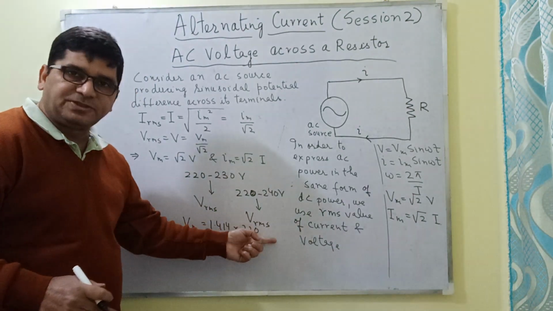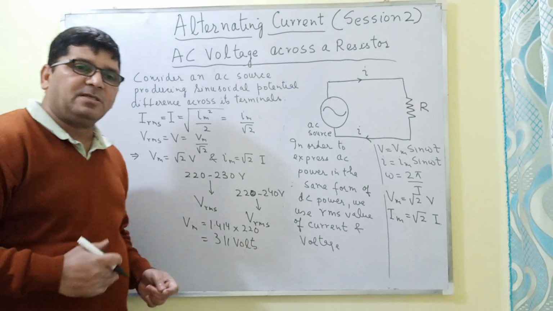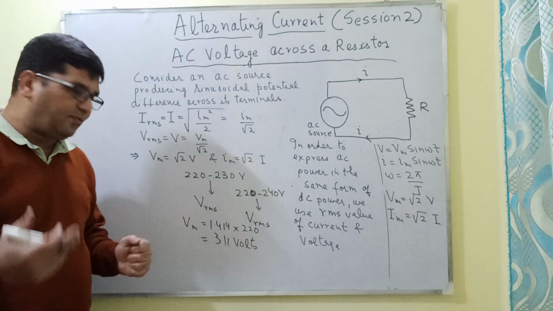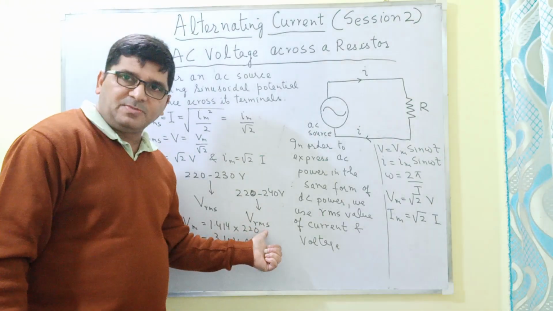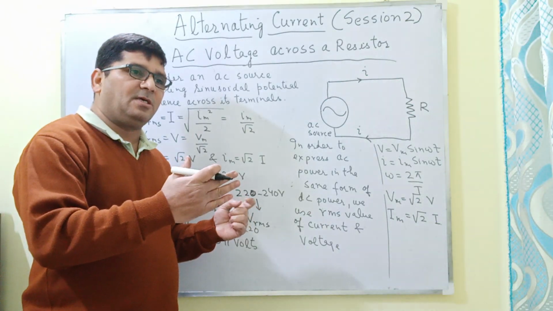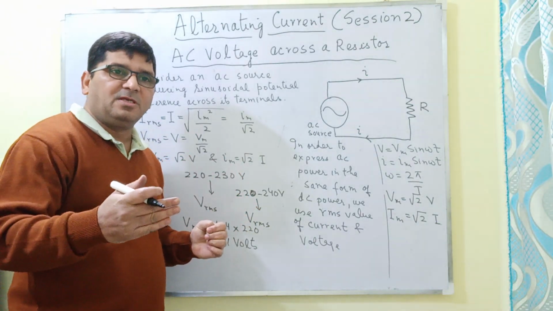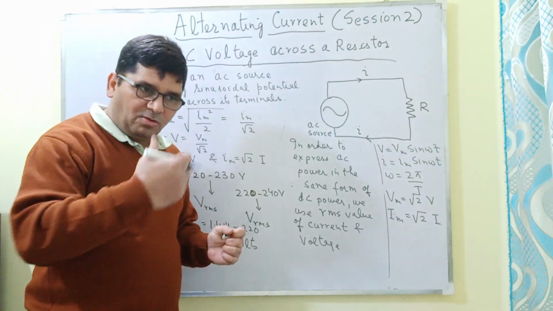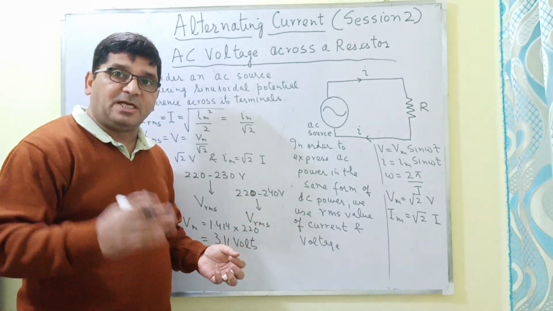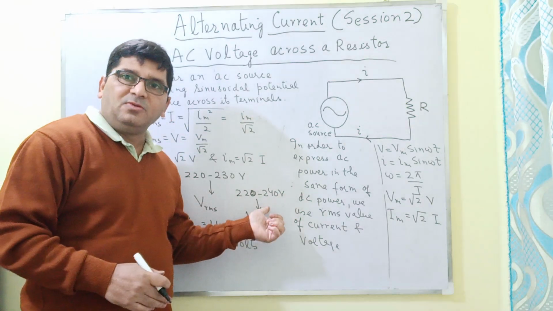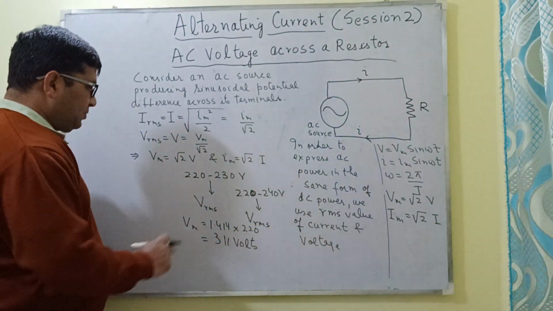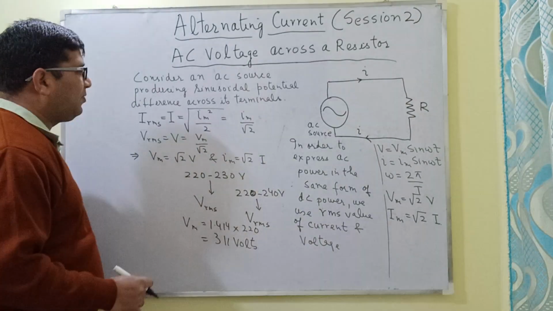The voltage which is supplied in our houses or offices is basically the RMS values, and whatever specifications are given for the voltage range whenever we buy any electrical appliance, that is basically the RMS value for which that appliance is designed. So this is all I wanted to tell you about